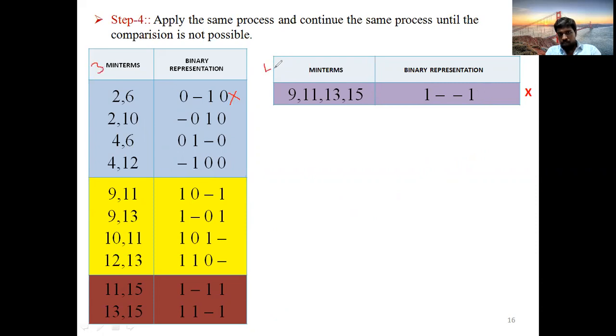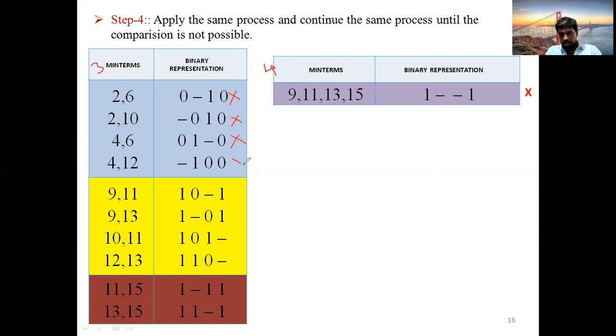Okay, this is the step number 3 diagram. This is the step number 4 table. You should verify whether the step number 3 minterms are all involved in step number 4 or not. It is the same process you followed before: step number 2 minterms involved in step number 3 got tick marks. Likewise, step number 3 minterms that are involved in step number 4 get tick marks. 2, 6: you don't find 2, 6 here, so not involved. 2, 10, not involved. 4, 6, not involved.